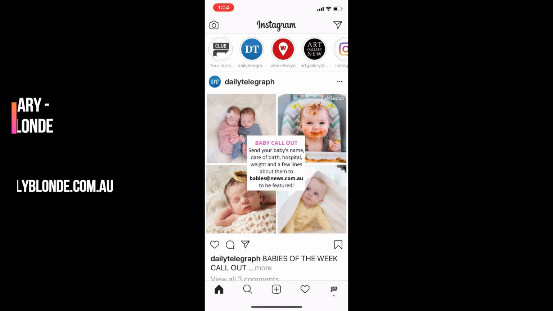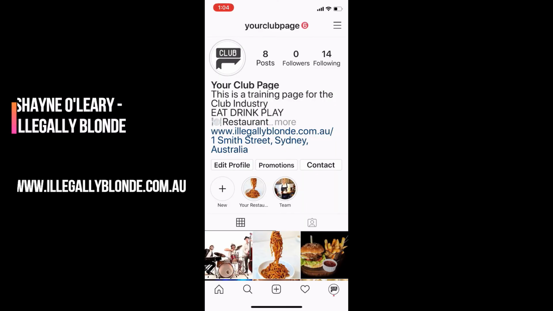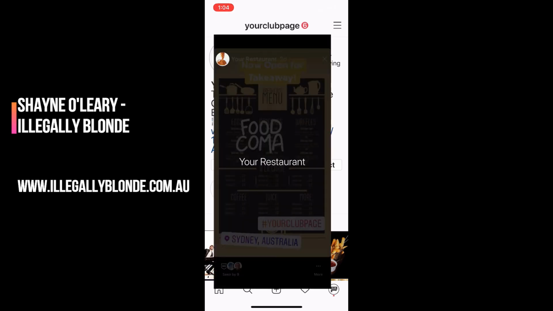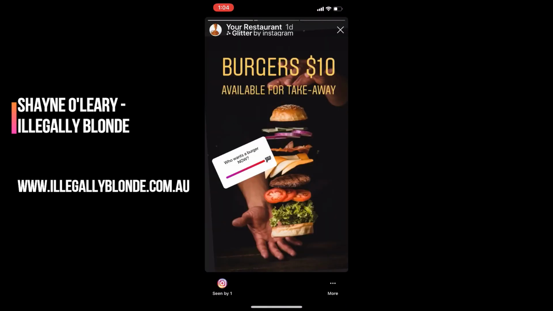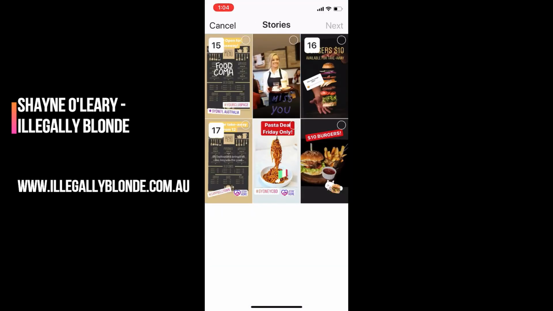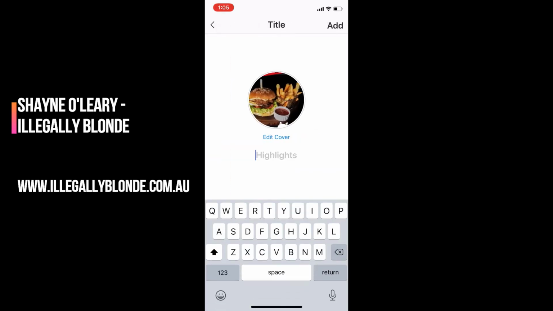Now the other thing that you can do is when you go back to your home page, you can actually save those stories. You can see here the circles halfway down the page, and these are your highlights. So if I click on your restaurant, you can see there's some of the highlights that I've already saved from previously. To add a new one, you just click the X, and I'll just add $10 burgers just to show you. I'll click next. Now you can call that burgers,